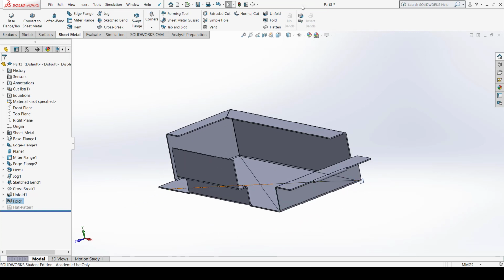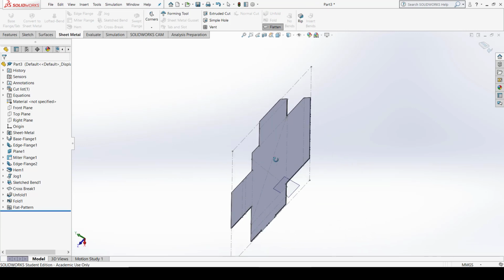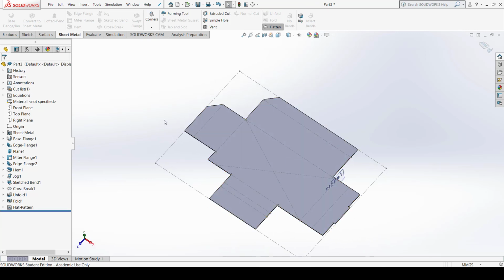And lastly we have a flatten. Now when I click flatten here, you can see you have the development of that surface, sheet metal. So this is the raw sheet which you get in the sheet metal manufacturing industry. So this is how you can define the development of that sheet. So when you define this development, these are the lines, the dotted lines where the bend will occur. So the operator knows where I have to bend these.